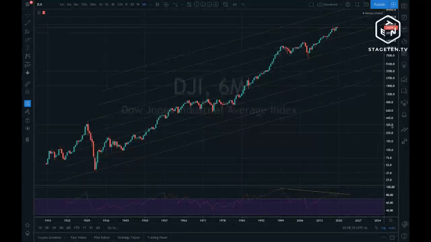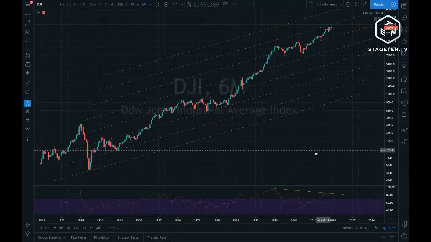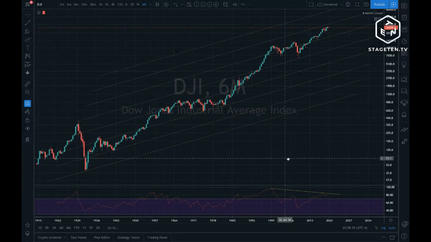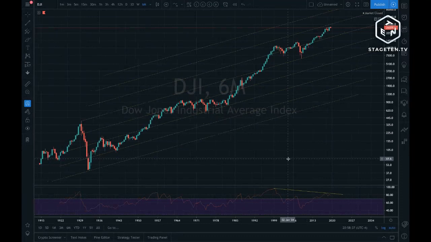There is a lot here that I do want to talk about on this chart that I had posted on TradingView earlier today. I'm likely not the first person that has seen this, and I'm not going to be the last person that's going to talk about it. But some really interesting things looking at the Dow Jones Industrial Average, which is understood to be one of the main metrics